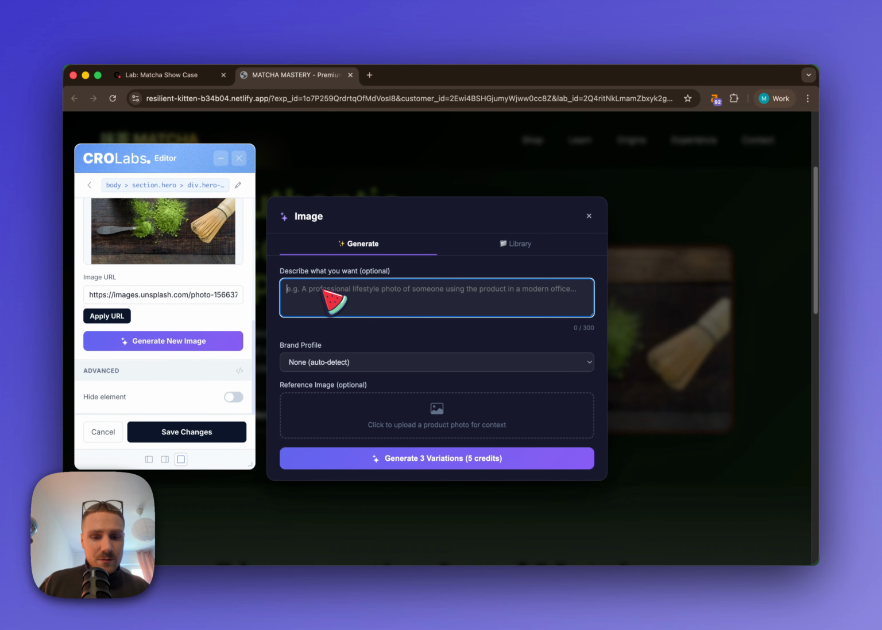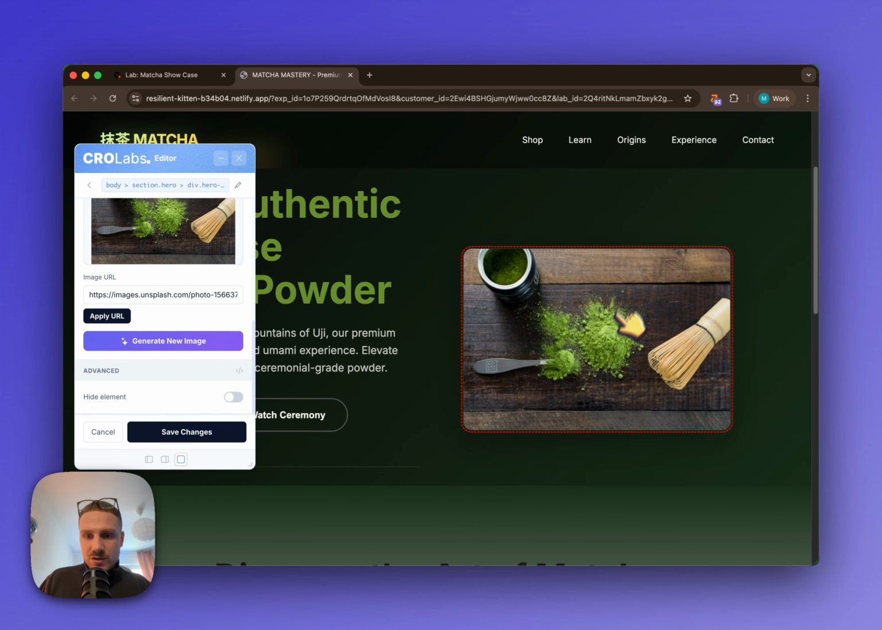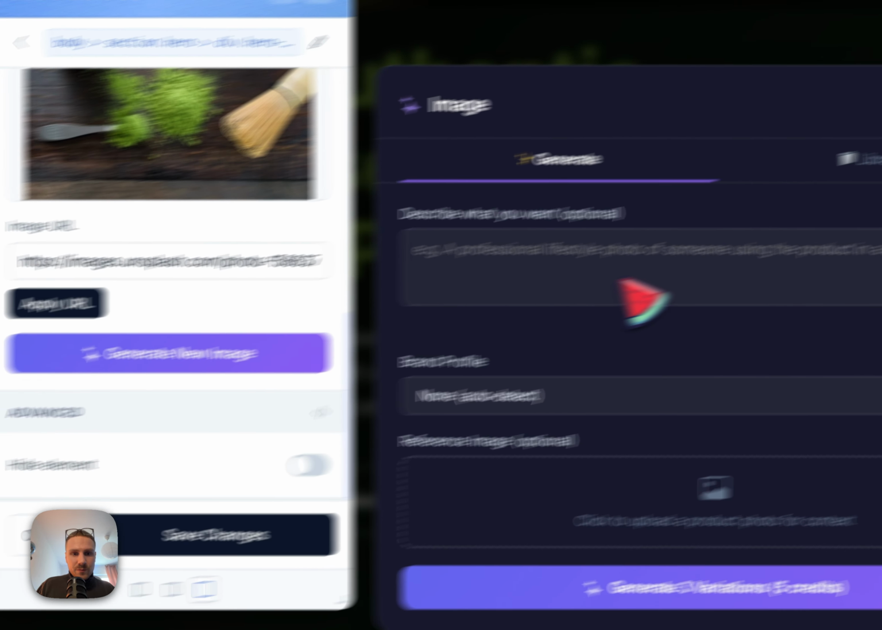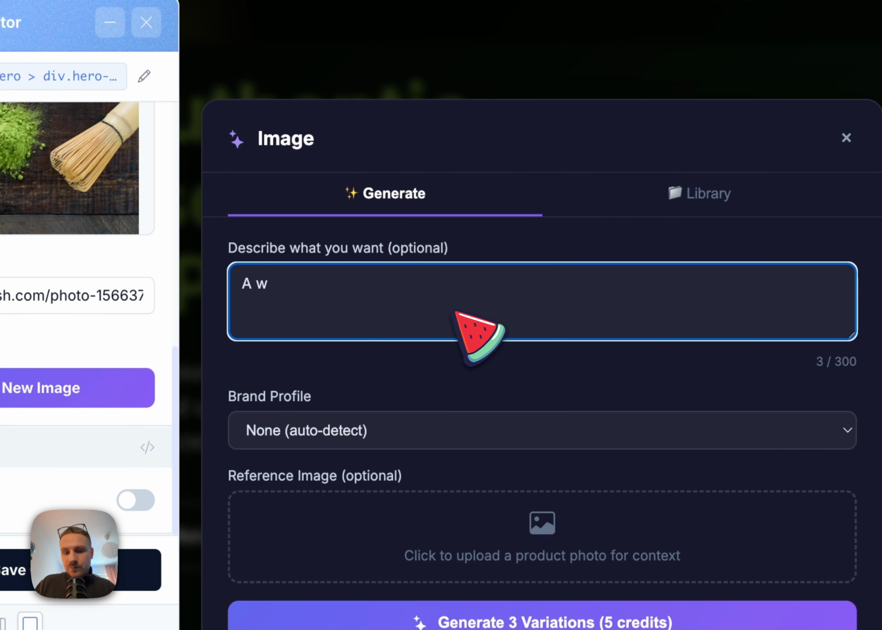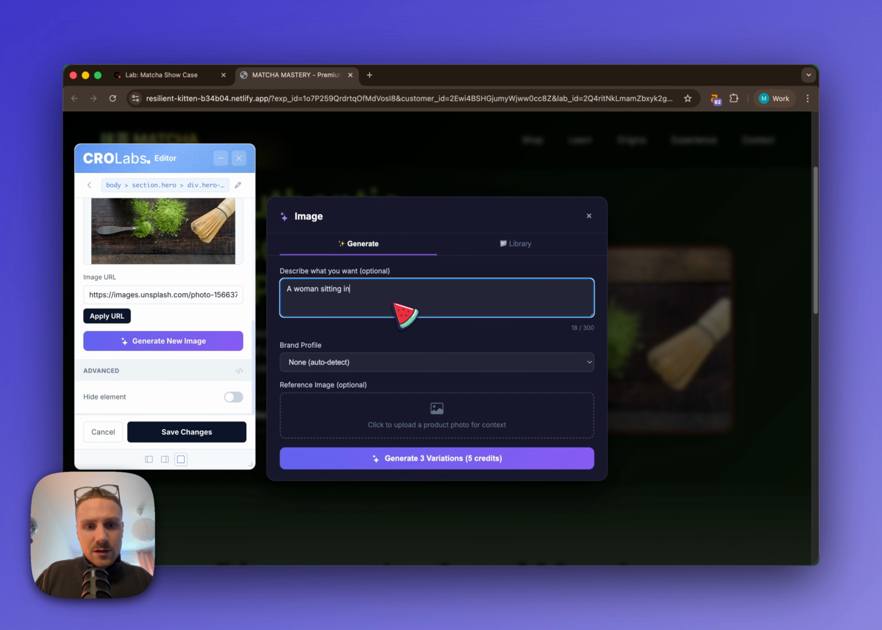And let's think of something. So right now, let's look at it. Right now, it's just matcha powder, a whisker, and this one. But we want a woman sitting in a living room drinking matcha from the product image that I gave you